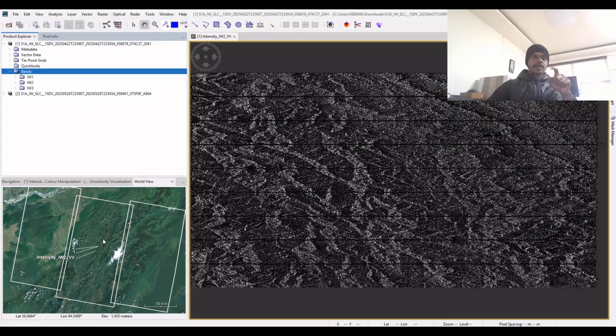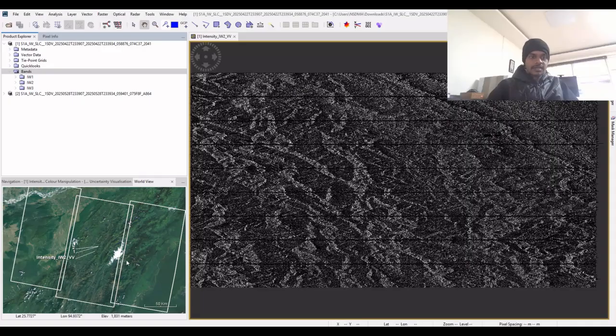Right now, when you go for the bands, my study area is here at IW2. In this particular area my study area is located, and in this you will have different bursts also. So it says 1, 2, 3, 4, 5, 6, 7, 8, 9. So these are the 9 bursts in this particular IW2. That means there are 9 slices. So when you are processing this particular